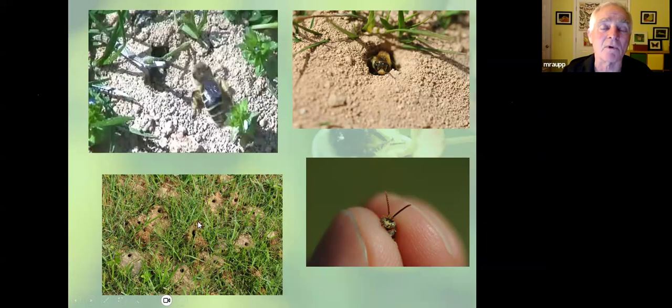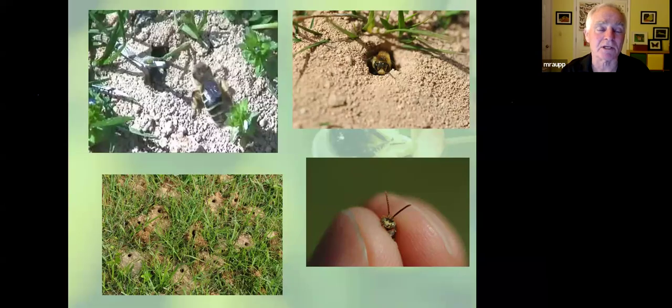And there'll be a day in May when the males emerge and fly around waiting for the females to emerge. At any given time, there might be 3,000 or 4,000 of these bees buzzing one foot off the ground. So many of these bees are there that one year my neighbor, who has a lawn care company, came into her yard to apply pesticides. And they took one look in my backyard and said, we're not going back there today. Okay. So this is like my security system in the backyard, my ground nesting bees.